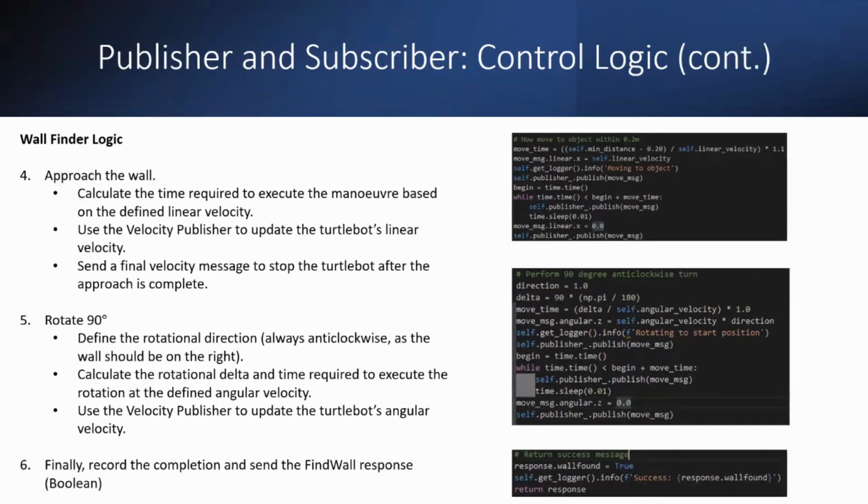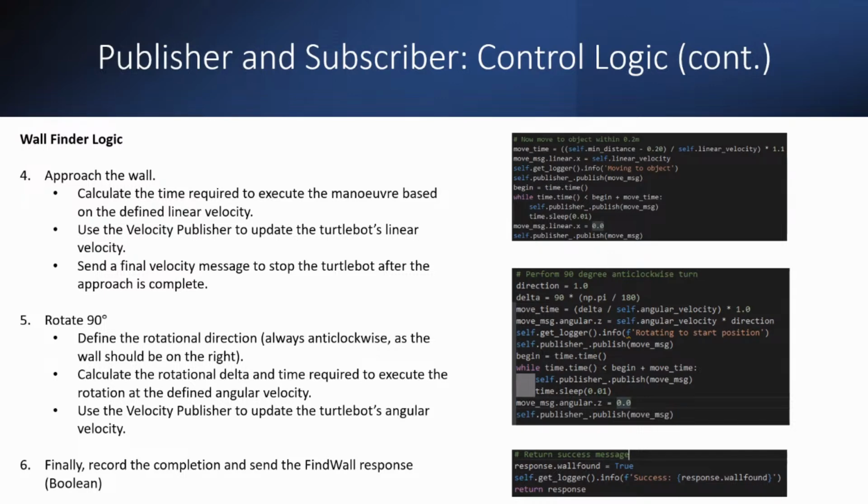Okay. Similarly, there are two further maneuvers. The next maneuver after the initial rotation is to approach the wall, which is fairly simple. It's again done through a calculation of the time required to perform the maneuver. Calculate the distance, divide it by the velocity that the Turtlebot's going to move at, and that gives the time that the maneuver is published to the robot for. Once the wall's been approached, send a final message to cancel the velocity and move on to the